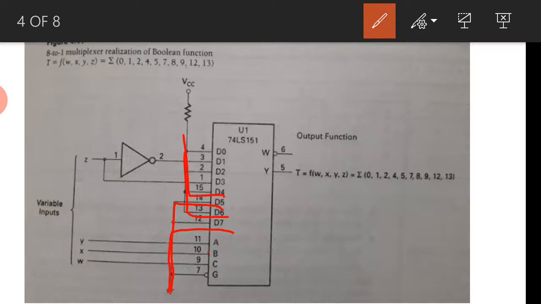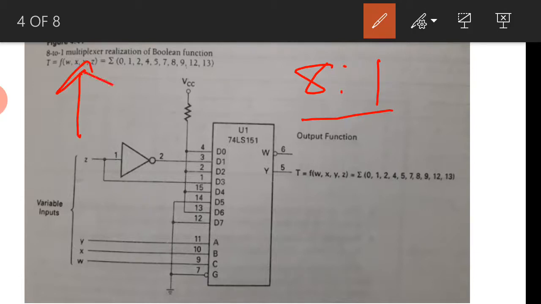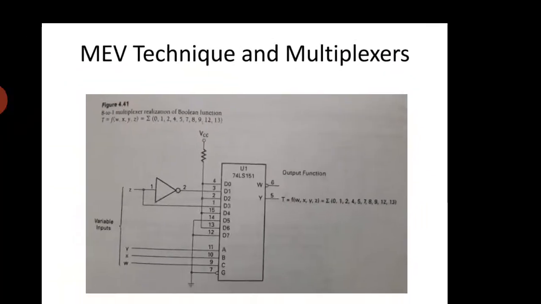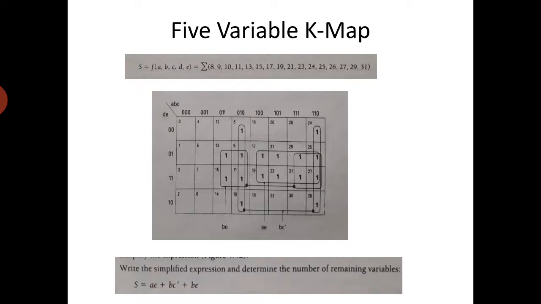Okay, so this is how by using the MEV, the truth table is minimized. Even though the input variables are 4, by using only an 8 is to 1 mux, we can realize the Boolean function. So this is one example by MEV. When there are more number of variables, if possible, we can reduce and use fewer circuits. Okay, so like this, there is one more example.